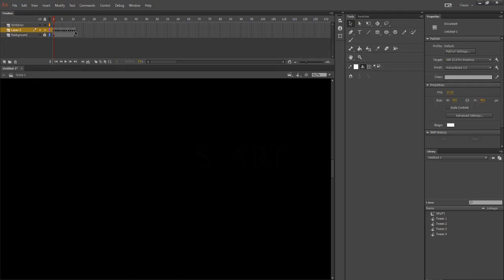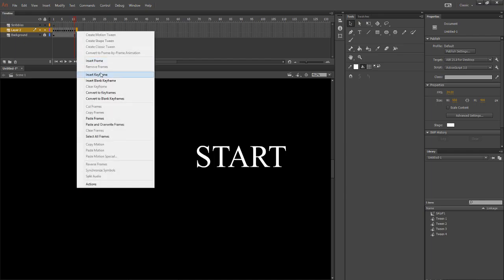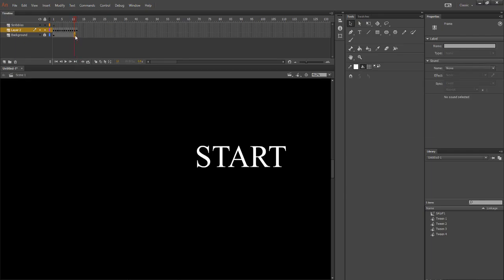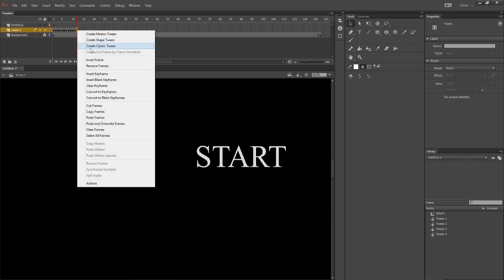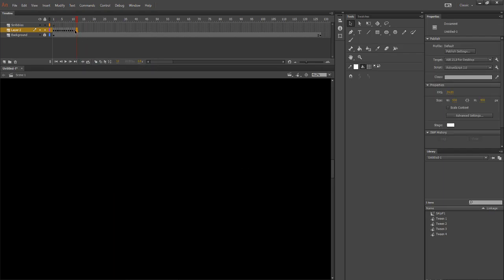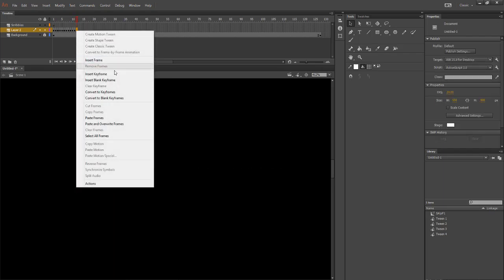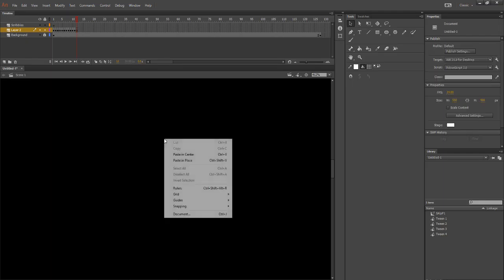Control X. Insert keyframe. We're just going to make you freaking massive. So you are T. Insert blank keyframe.